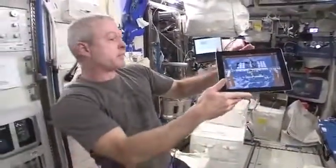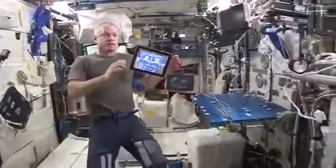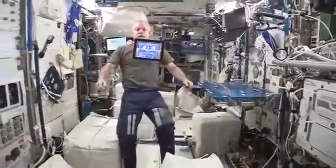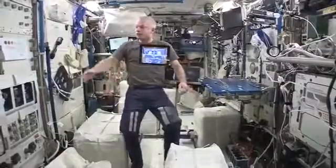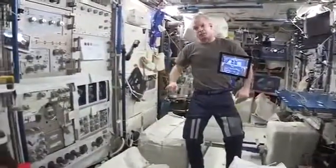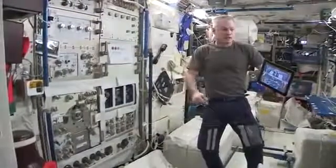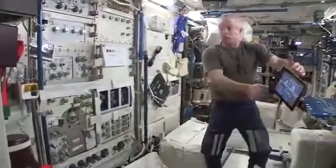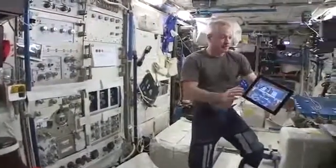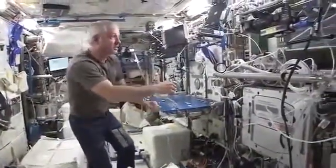As you can see, it's of course the European laboratory, but it's not just European, we also have NASA racks in here, NASA payloads in here too at the same time. So it's actually quite a lot of new stuff over here. This is the EML, and Alex will have to tell you all about that because that's his little bailiwick. But it's actually pretty cool because it talks about magnetic levitation, and I just think that's a cool sounding thing. I don't know exactly what it's going to do, but it sounds great to me. And over here it's hard to see everything again, but we were growing the...